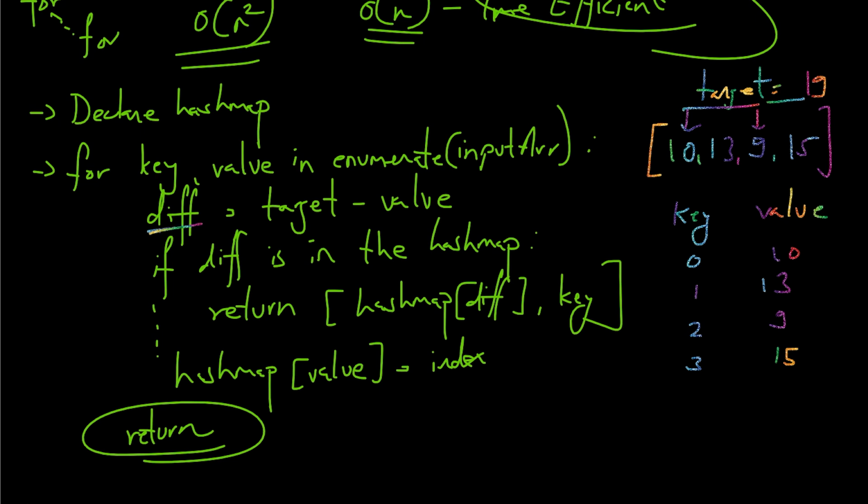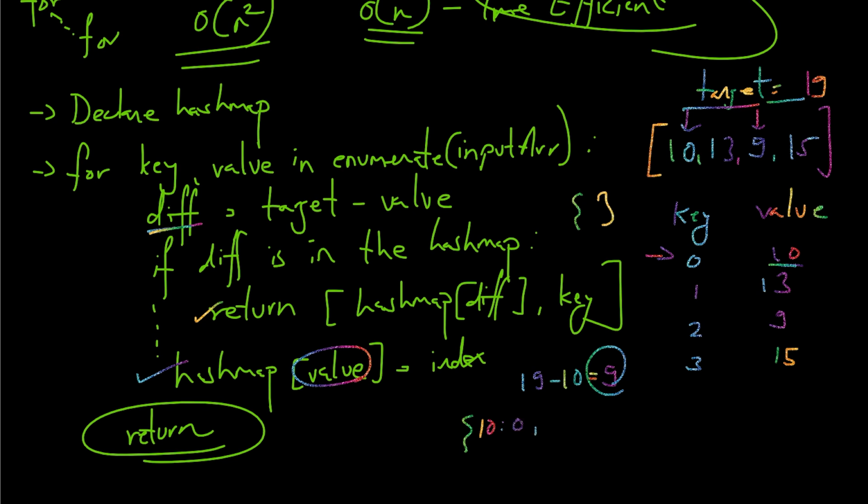So first we start with the 0. It is pointed at index 0, which is giving you 10. You find the difference. So the difference is going to be target minus the current value, so it is going to give you 9. Now this 9, is it available in my empty hash map? No. Add it into the hash map. But how are you going to add it? See, if the difference is in the hash map, you return this condition, else you work with this. So you essentially store the current value, which is 10, with the index, so 10 with the 0.